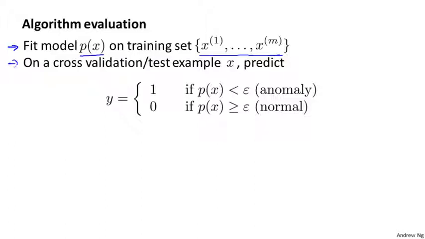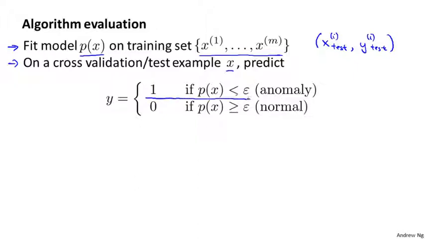Next, on the cross-validation or test set, we're going to think of the anomaly detection algorithm as trying to predict the value of y. So in each of my test examples, we have these x_i test, y_i test, where y is going to be equal to 1 or 0, depending on whether this was an anomalous example. So given input x in my test set, my anomaly detection algorithm